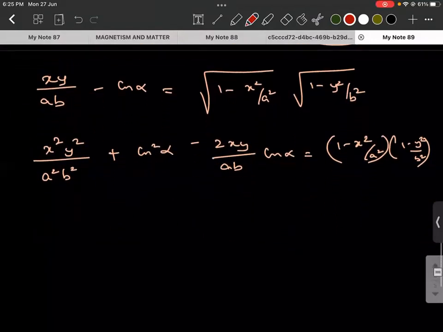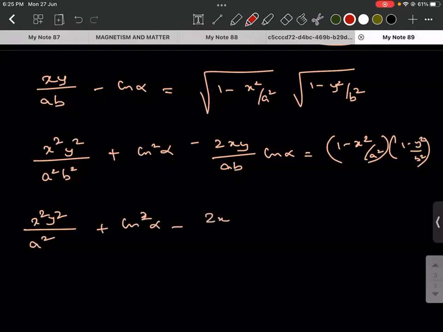So what he's saying is, you directly take the value of x and y and substitute it there. You will still get the answer. Okay, for exam purpose, you can do that, but I'm trying to share some knowledge here. Okay. So x square y square divided by a square plus cos square alpha, a square b square. 2xy divided by ab into cos alpha is equal to 1